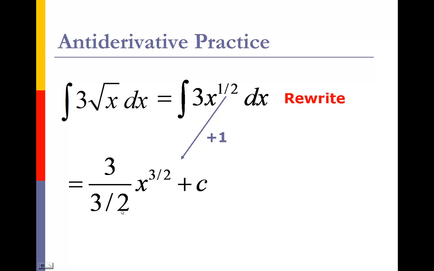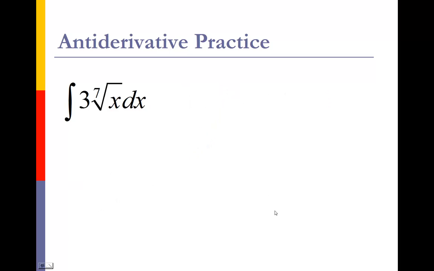All right, then we want to clean this up a little bit. The 3's can reduce out. When you're dividing by a 2 in the denominator, that flips up top. So just rewriting that expression. Another example we got